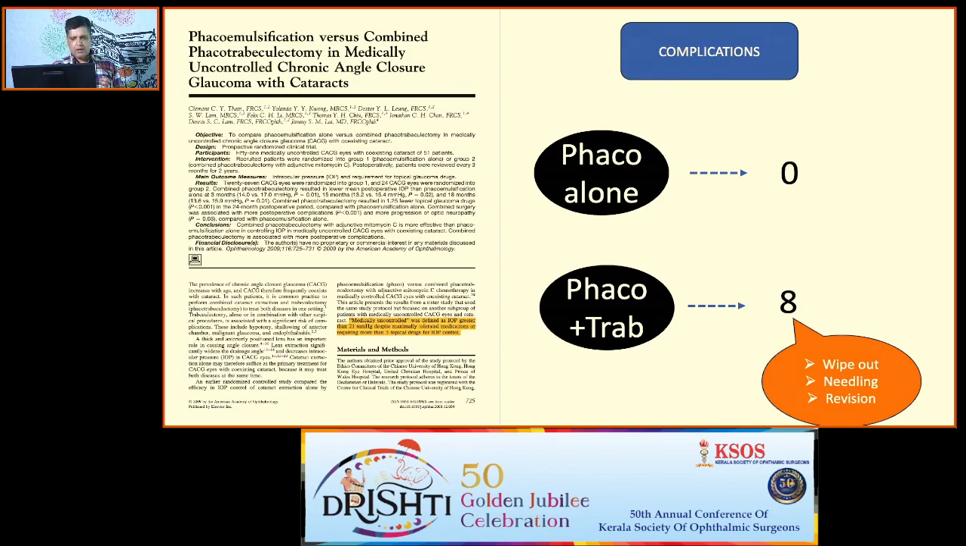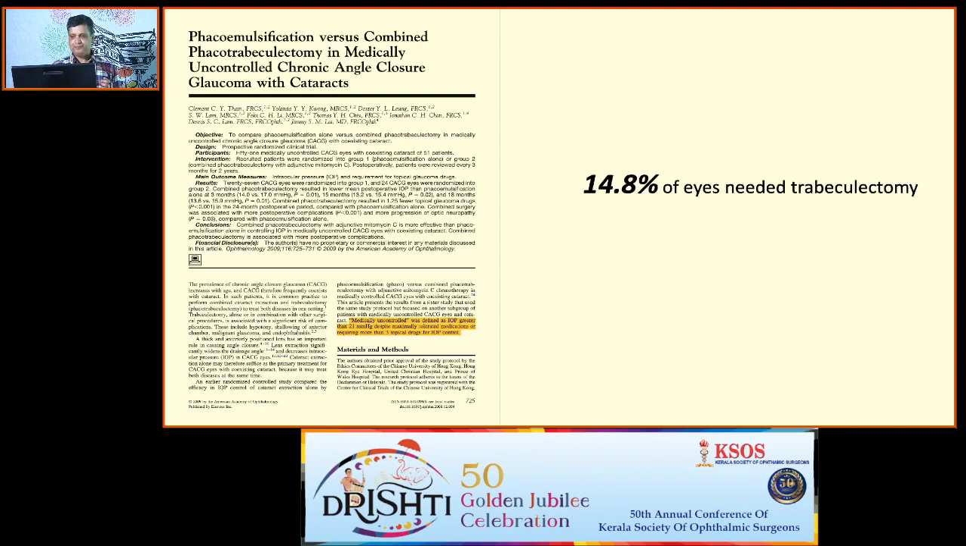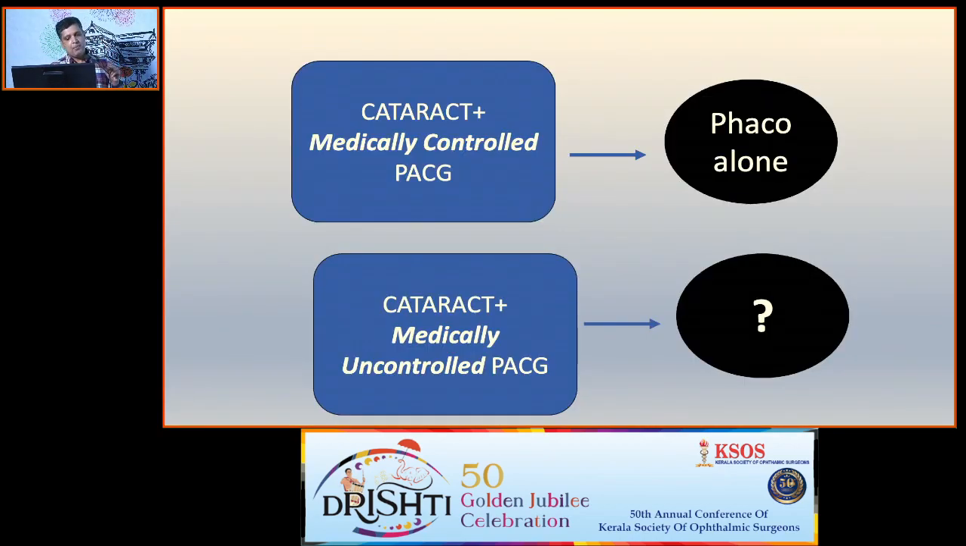So, considering all this, another fact was that about 15% of patients actually subsequently required trabeculectomy after phaco alone. In the cohort of medically controlled patients, this was only about 3%. So if you look at it, in medically uncontrolled PACG also, in general, you can try a trial of phaco alone, but you have to be aware of the fact that some of these patients are likely to require